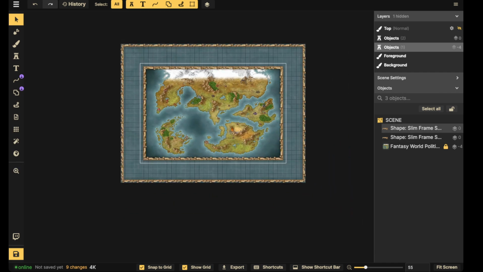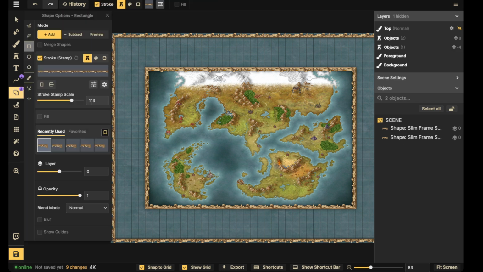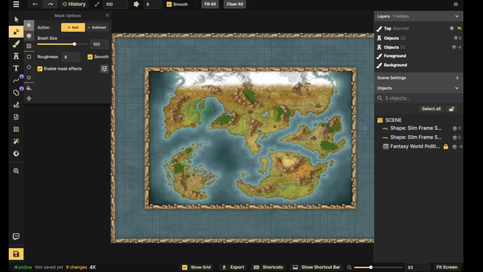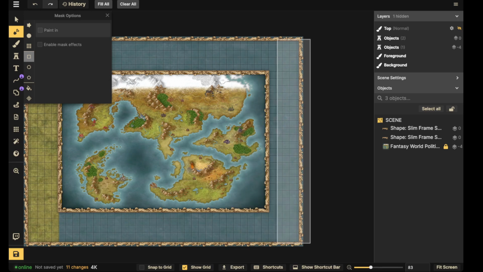Pretty easy stuff. And then from here, you'll want to fill this in with the add mode of the mask tool, because we're going to be using clipping masks later. And this is pretty easy stuff. Just use the mask tool, use shape, and then I would just turn snap to grid off, and then also turn enable effects off, and then just go in like this and just make sure that, just go plus, and then I'll go again over on this side, over to here, just make sure that it covers, plus,